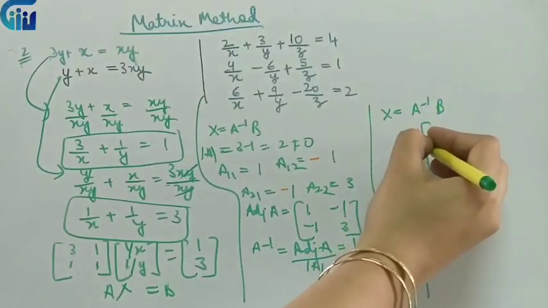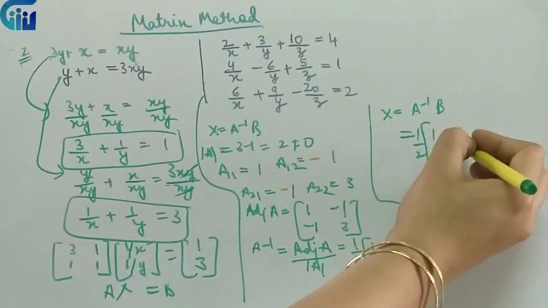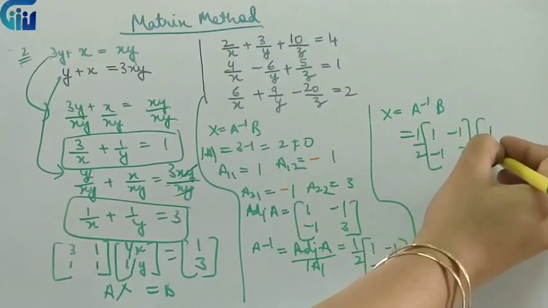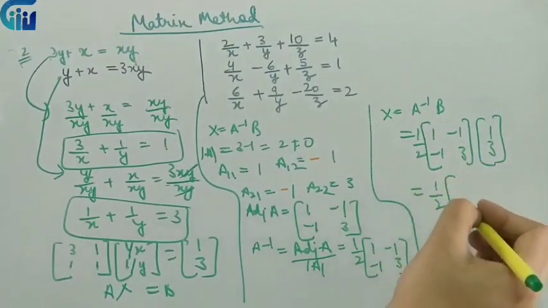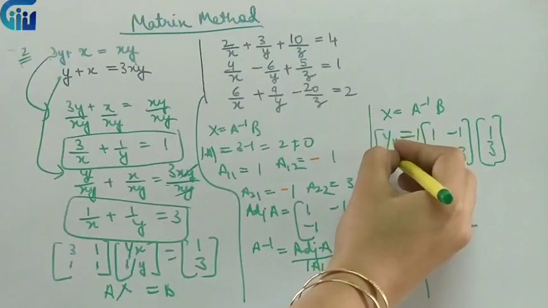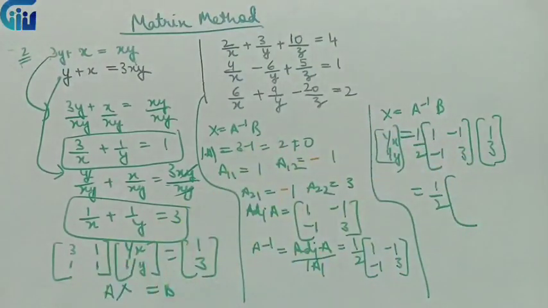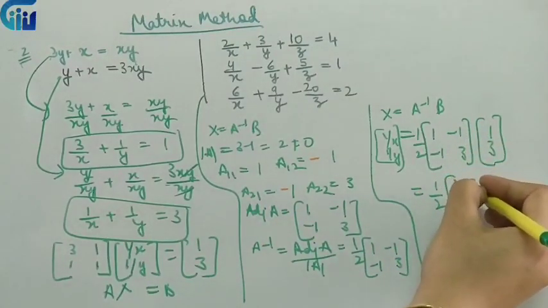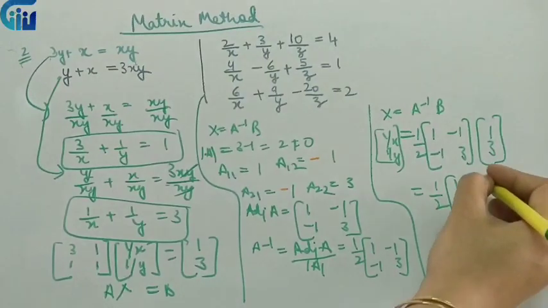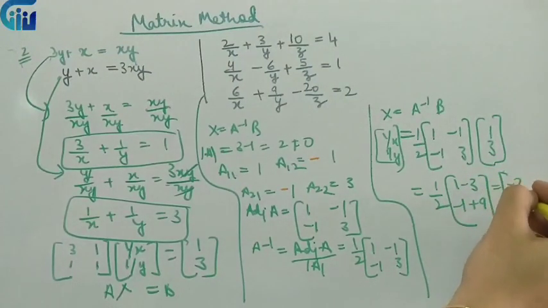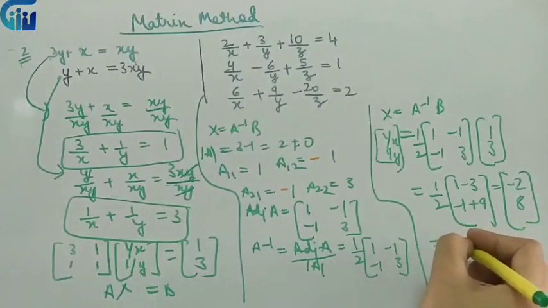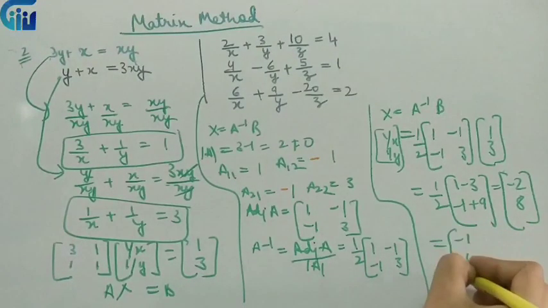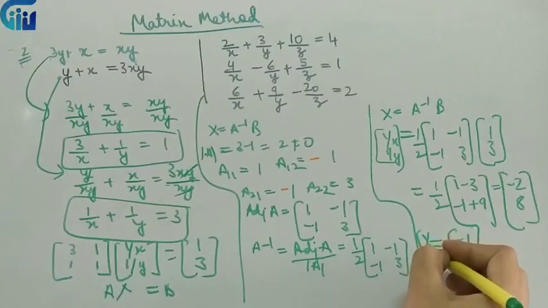So we'll find X using A inverse. So we will quickly multiply it by B. So what we will get, let's see. Over here, what you have to keep in mind is that X is not x and y, it is 1 upon x and 1 upon y. So at the end we need to write the reciprocal of whatever answer we get. That is the only difference that we have in this question. That is 1 minus 3 and minus 1 plus 3 into 3 is 9. So this is minus 2 and 8 over here. So this is minus 1 and 4. What is the value? This is 1 upon x and 1 upon y.